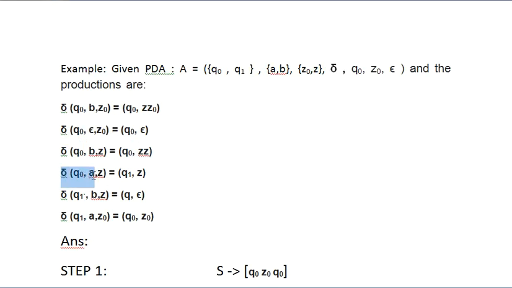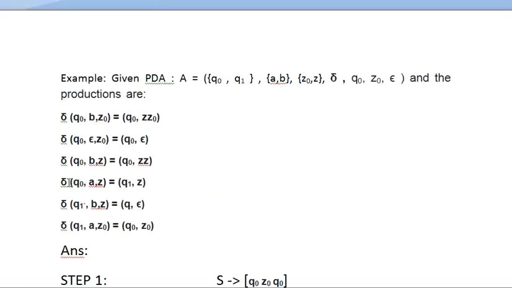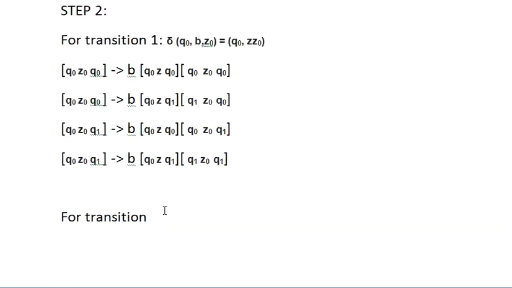Now let me explain to you this one. Let me explain this production. How many elements are there? Only one. So how many productions will be there? Two productions. Z will work for Q0 once and Z will work for Q1 once. Correct? So let me take this production. Now for transition number, which is the transition number I'm working on, 1 2 3 4, fourth transition, right? For transition number 4. Okay, this is the one.